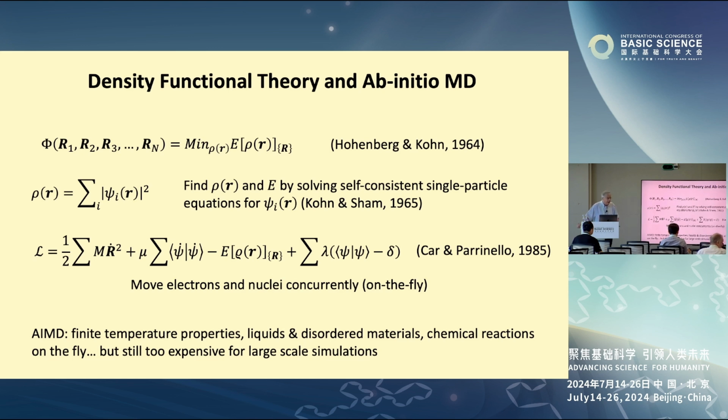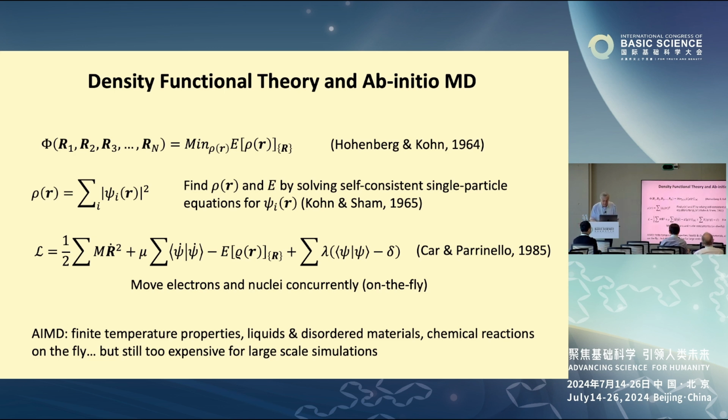Typically, even with today's computer, with this approach, one can study systems with up to a few to several hundred atoms for time scale of the order of 100 picoseconds, but we need to go to larger systems, and also to do longer simulation to get sufficient statistical sampling in